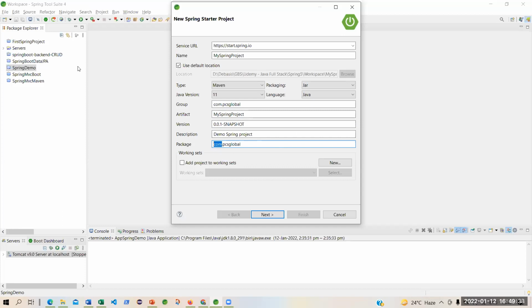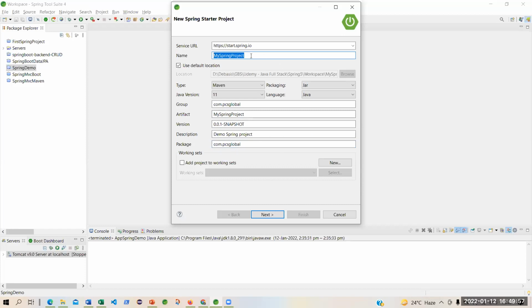Say project name. Or better to say, your project folder and the project name can be different. This project name is not my project folder. It can differ.